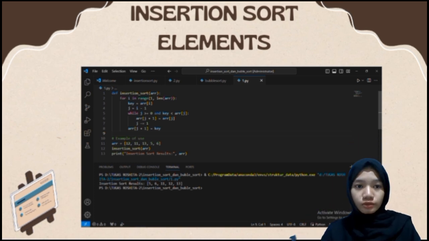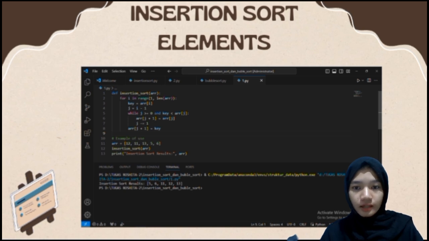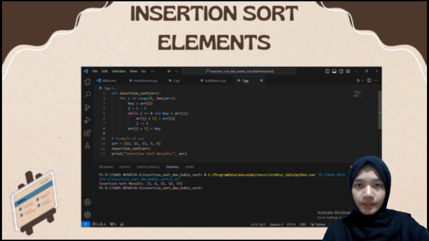Number 2. for i in range(1, len(R)). In the insertion sort algorithm, a for loop with a range from 1 to len(R) is used to iterate through the entire array R, except the first element.